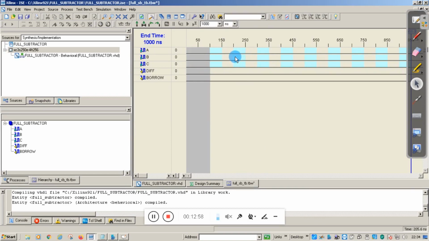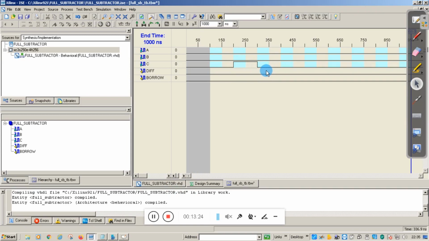As I described in my previous video in the full adder session, you will give the input for three variables, that is A, B, C: 0, 0, 0, 0, 0, 1, something like this. The first option is 0, 0, 0, that is A is 0, B is 0, C is 0. The second one is 0, 0, 1.